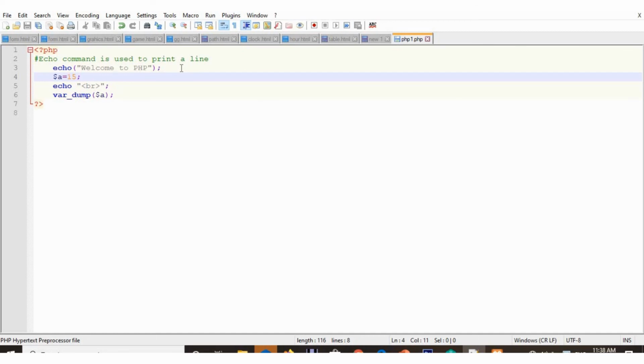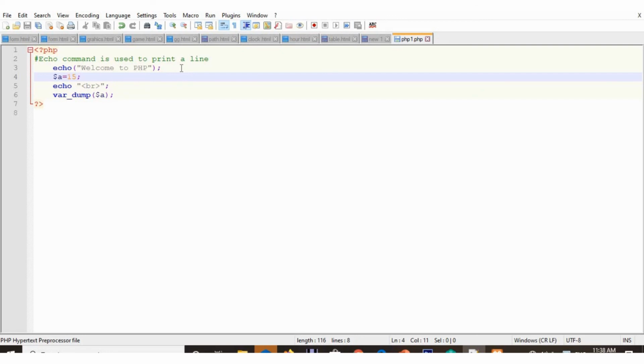Next we can move on to operators, right? In every language, the operators used are arithmetic operators, relational operators, increment or decrement operators, assignment operators, and finally logical operators. This is a list of operators which are commonly used in every programming language. Similarly in PHP these operators can be used. With this we can conclude this session. We can explore the operators and the string functions in our next session.